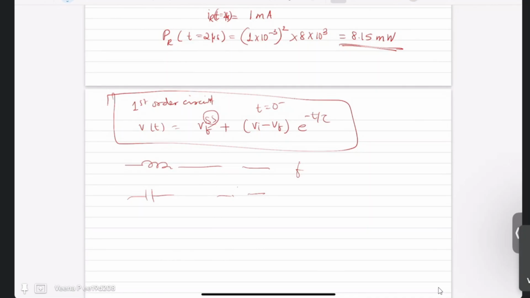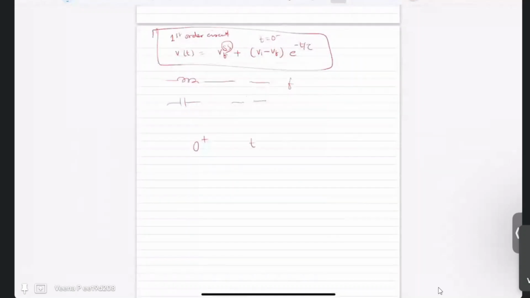Suppose they are asking, just when the switch is closed, the response. Do we have to find out the steady state before zero? There are 3 points. One is at t equal to 0 plus. Another is t greater than 0, which is at any time t. In other words, you have only 2 instances, one initial and one at any time t. At any time t, you can solve using S domain. In that S domain, if you put S tends to infinity, you will get your steady state.